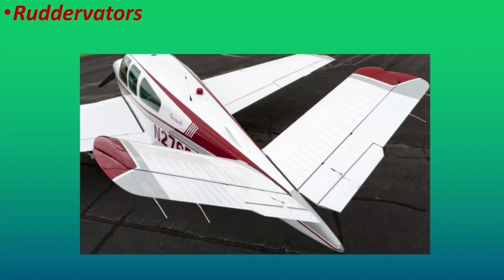Pitch nose up is produced by moving the control column or stick back, which deflects the left hand ruddervator up and right and the right hand ruddervator up and left. Pitch nose down is produced by moving the control column or stick forward, which induces the opposite ruddervator movements.